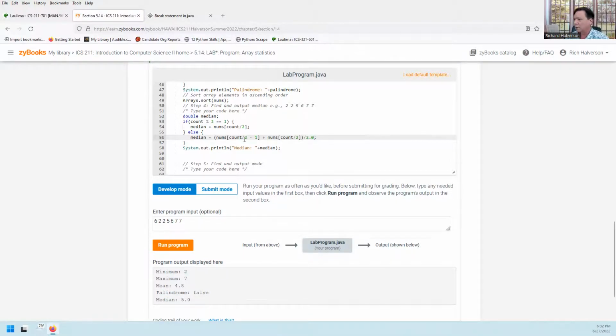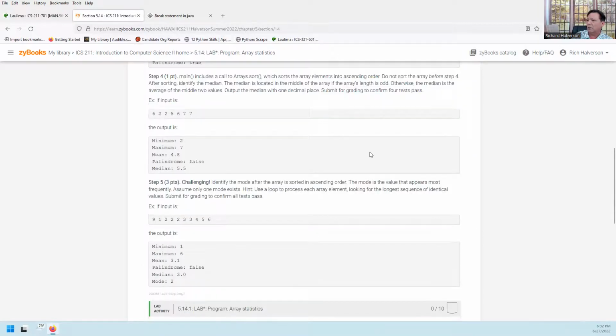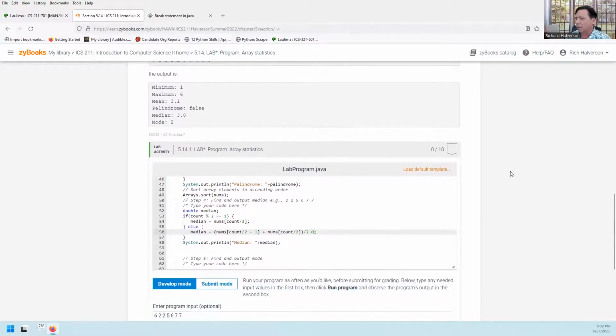Make sure that everything is a floating point number. Does this do it? Yeah, okay. All right, does that look the same as this? Yes, it does. Okay, the last one, this is the hardest one,